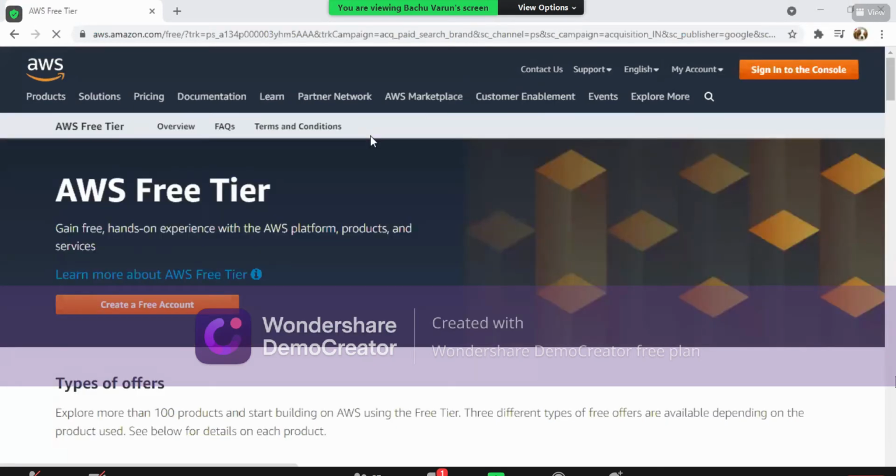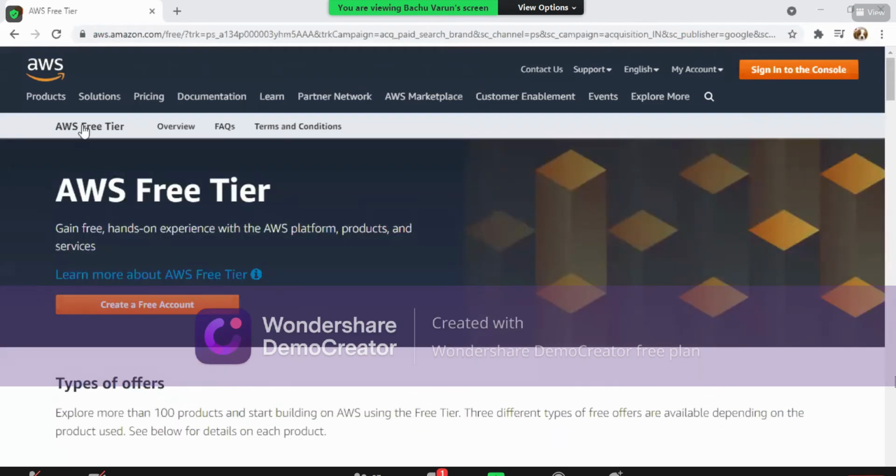Okay, so no issues. There is a small error. Thank you for correcting me. It's https://aws.amazon.com. Here you can see this is showing the first page where it is asking you to sign into the console, or else you have an option here to create a free account. Create a free account, right?